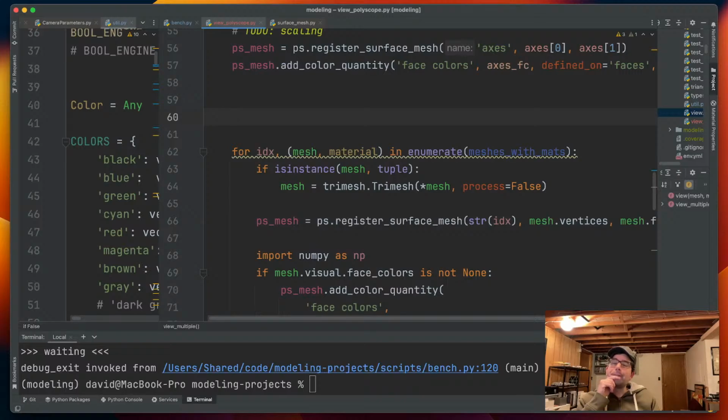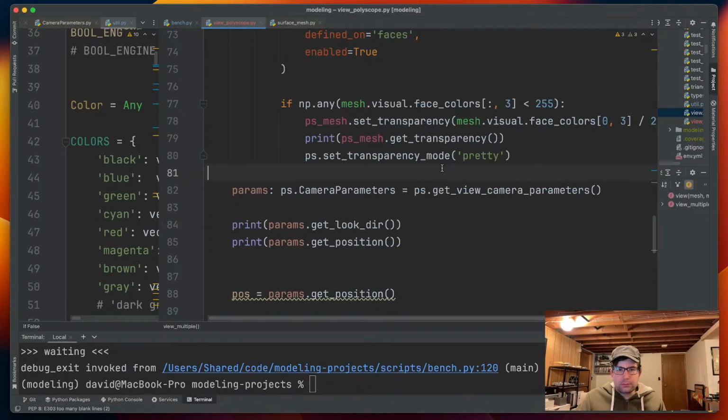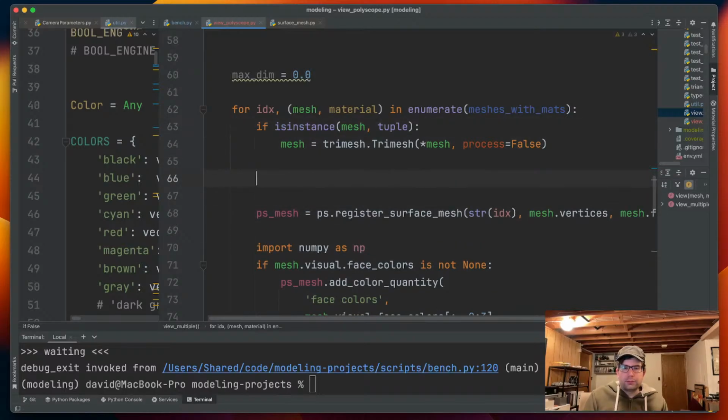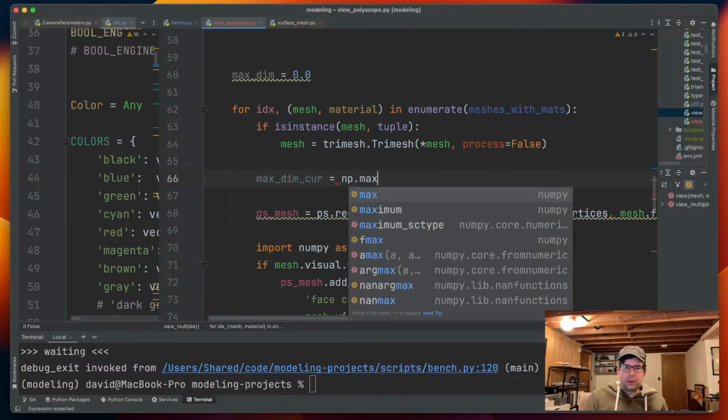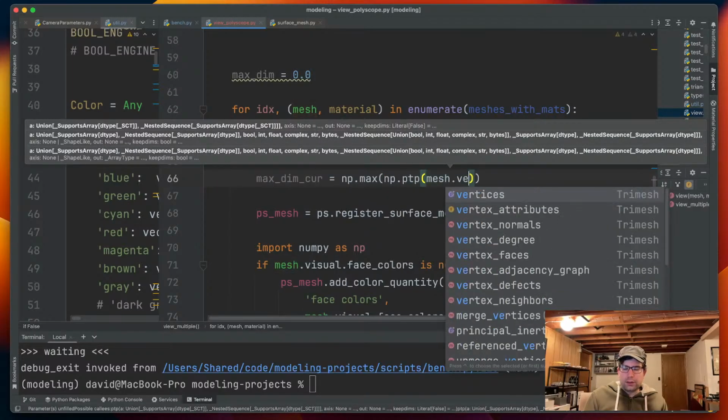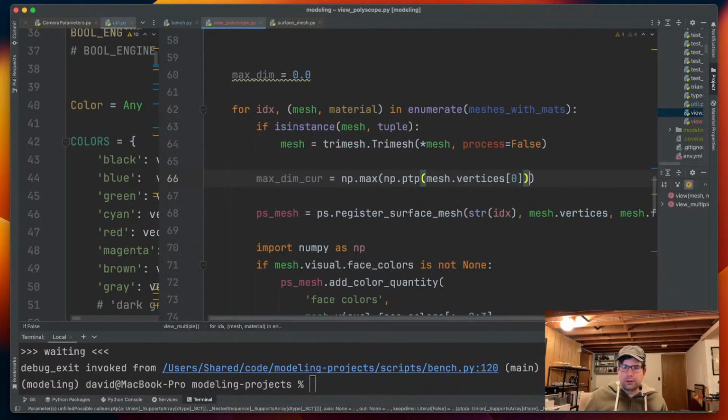So maxdim 0, and let's see here. Cur equals max of mesh dot vertices 0. Yeah, just mesh dot vertices, and then